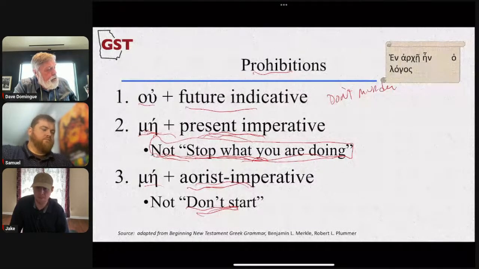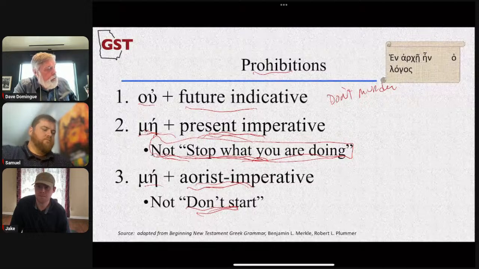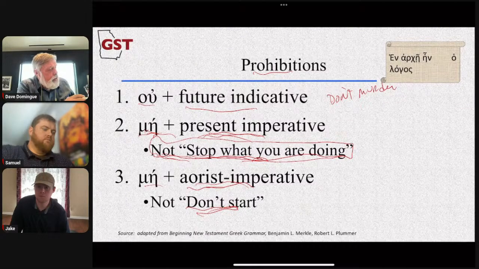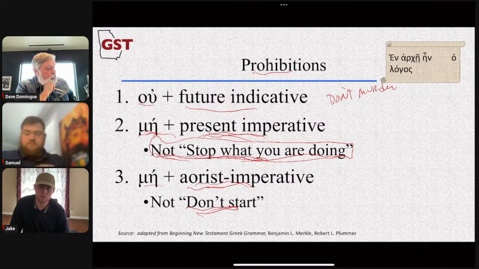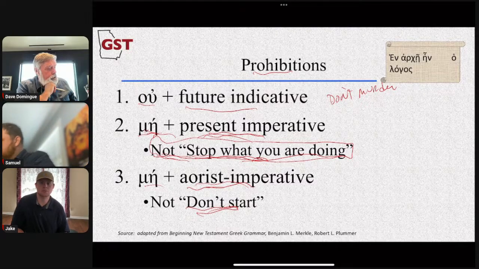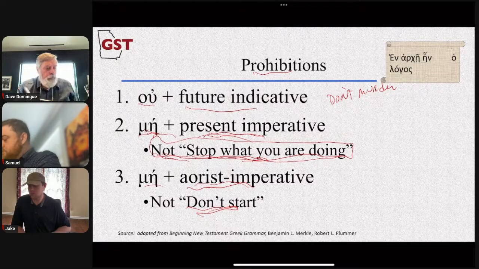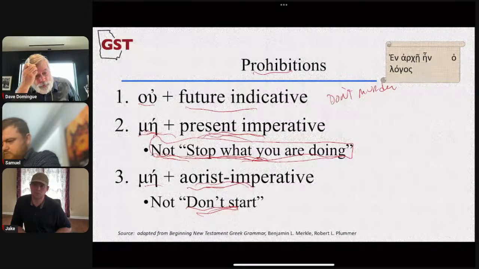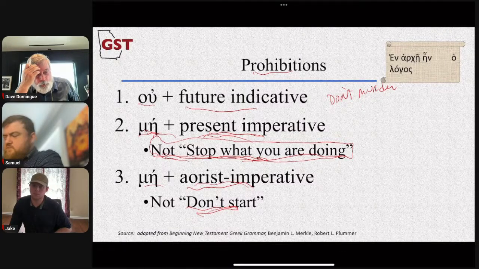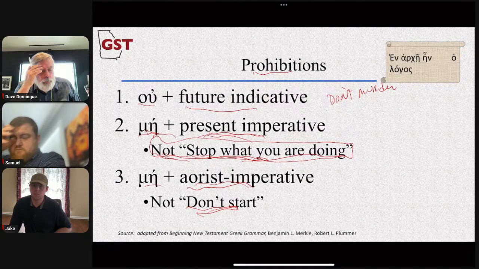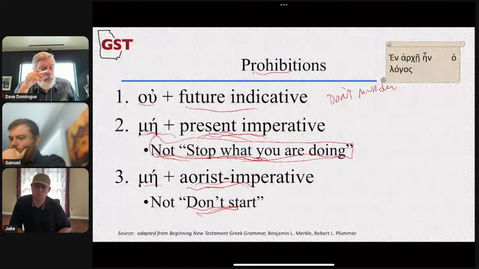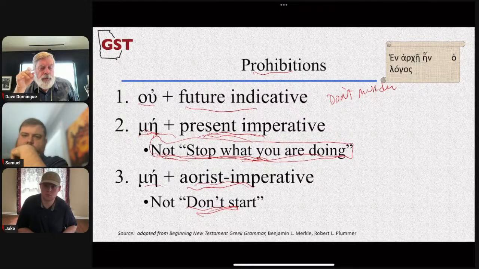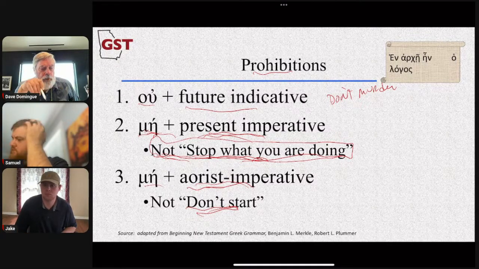The imperfective prohibition is used to prohibit an action. So that's not correct. A prohibition with the imperfective imperative. Look at the second paragraph on page 388, the second sentence there. Prohibition with the imperfective imperative is prohibiting a continuous action. It doesn't mean they're already doing it. While a prohibition with the perfective imperative is prohibiting an undefined action. It doesn't mean that they're telling them not to start it.